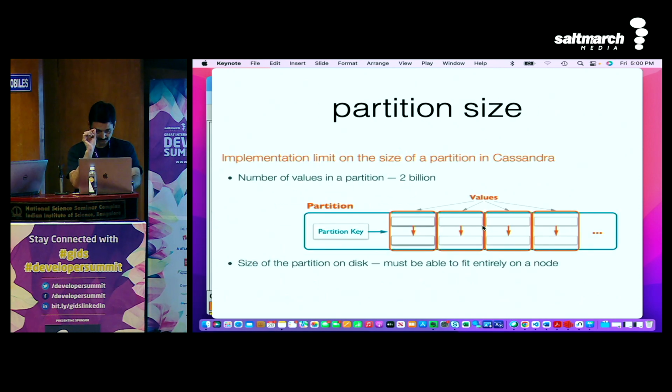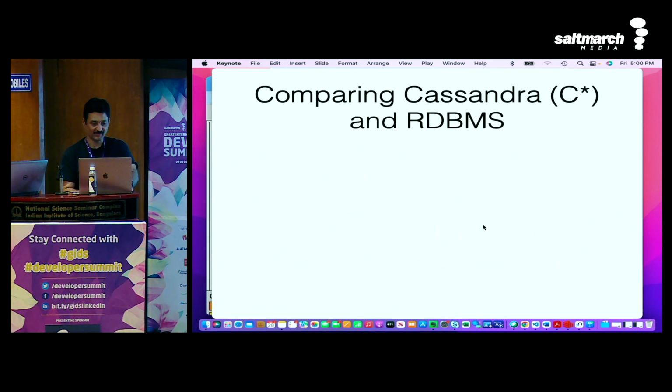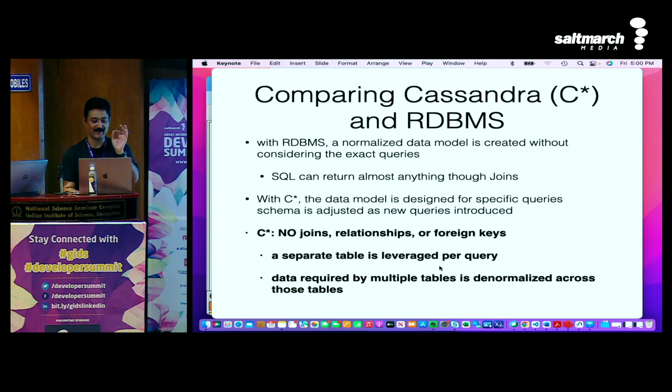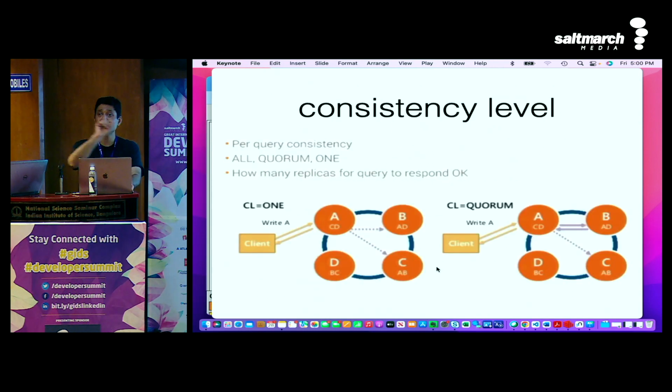So you need to create the correct partitioning size when you're trying to build the solution. Okay? Everything is the same except you cannot create foreign keys or relationships in Cassandra. Everything else is the same. So this is what the slider scale is. If you want to have 1, that means it will return right away. If you want to do all, that means it will go to all the places and then return. The consistency will become like SQL Server and Oracle, but that will not serve the purpose of using Cassandra in that case.